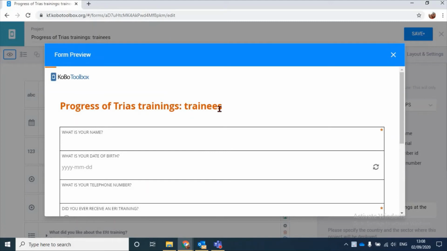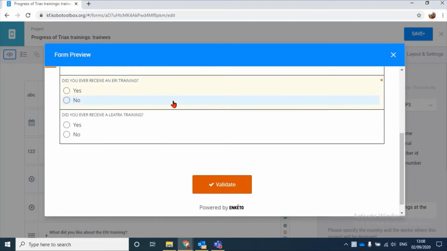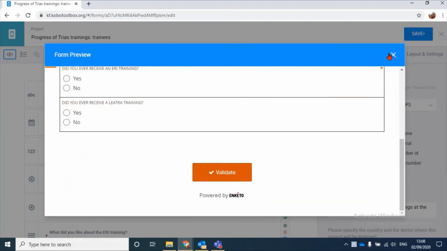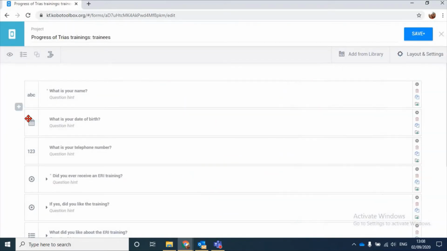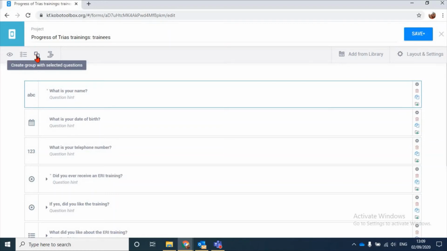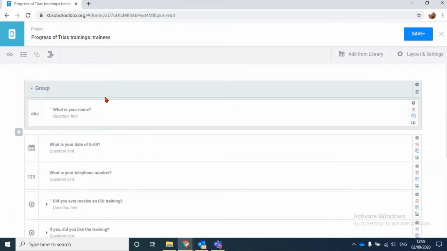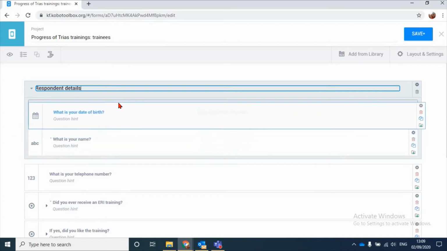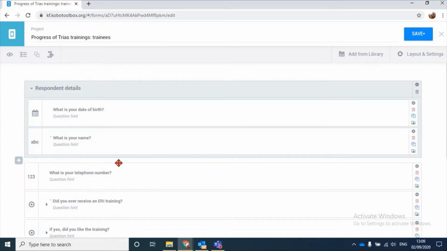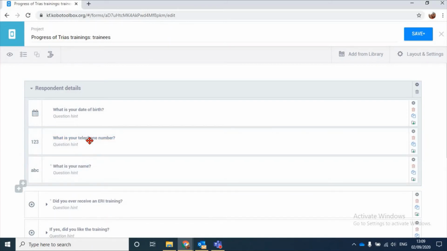So this is Progress of Trainings Trainees, and it just gives you all the questions. If you want to group everything together that belongs together, you can click on the first question you want to start the group with and click create groups with selected questions, and you can name this group, for example, respondent details. And you just drag the question into the group